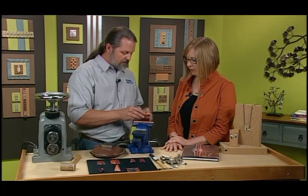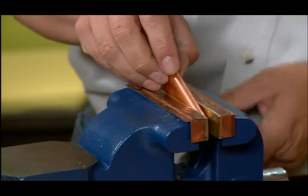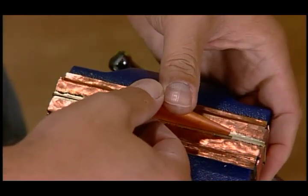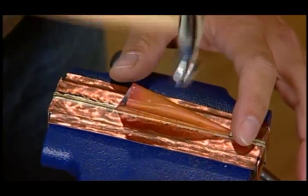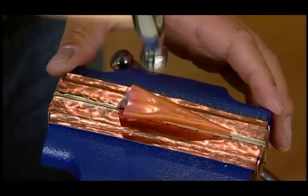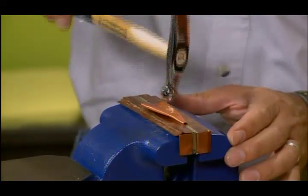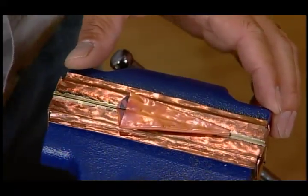And then what you're going to do is put it in a vise in such a way. So it looks like you're at an angle. You are at an angle, that's right. Nice and tight, and then you kind of push it down a little bit, and you start tapping it down. I'm using a goldsmith hammer. It's a nice little hammer, again with a smooth face. And I'm watching the metal bend. I'm trying to keep it really centered. You hear the change in the noise? That means it's work hardening. So you're being careful to be pretty even on both sides. Right. Hammer it down. Take a mallet, and we're going to...